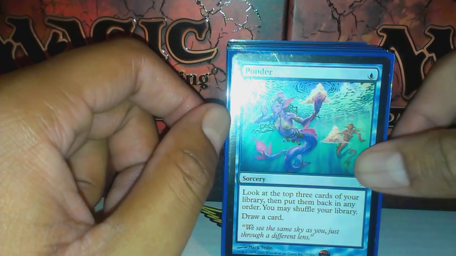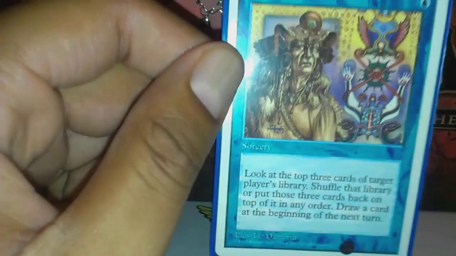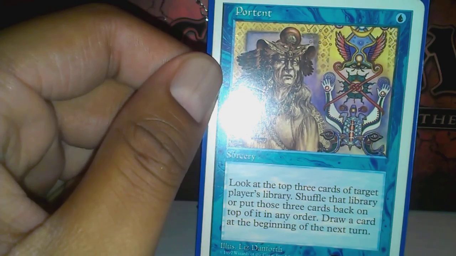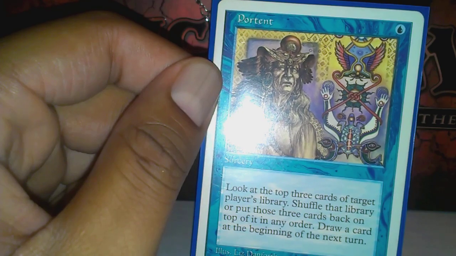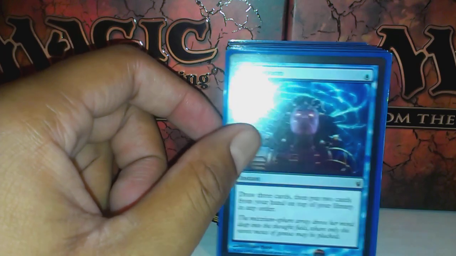Ponder, Portent. It's very similar to Ponder. You look at the top 3 cards of target player's library, so you can use it on someone else. Shuffle that library or put those 3 cards back on top of it in any order. And at the beginning of the next turn, draw a card. So it's very similar. Brainstorm,